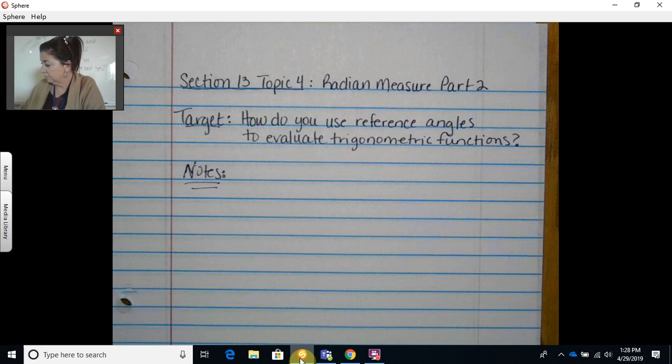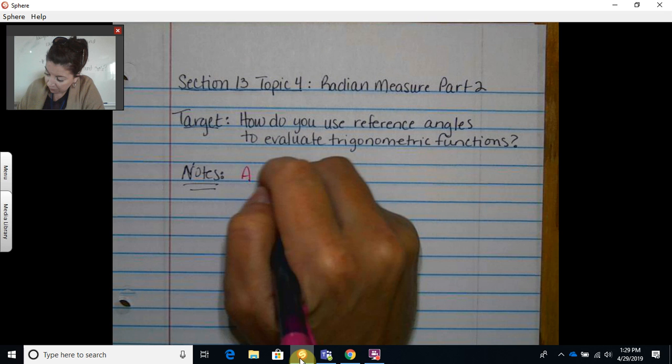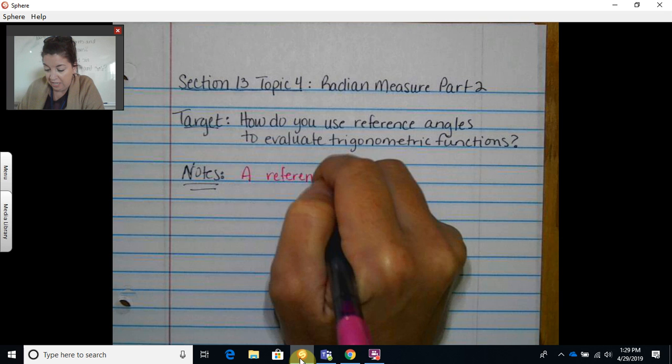All right, so it's pretty much a review, like I said, of what we've already done. Okay, we did more advanced problems a few sections back, so you pretty much already know this. It's basically more practice on the homework we just went over with finding sine and cosine. Okay, a reference angle, and we've even talked about reference angles before, we just haven't written down the definition,